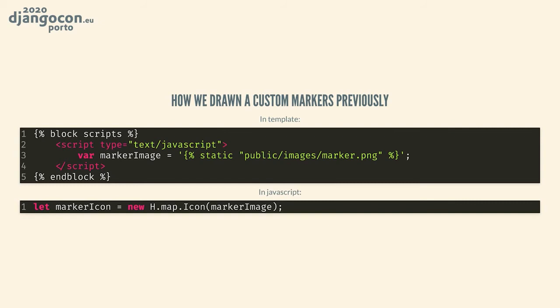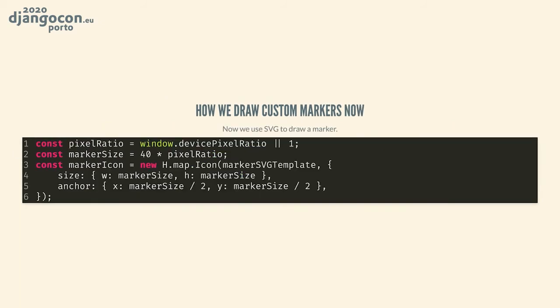At that time we decided to use SVG instead of PNG to improve the performance of marker rendering. And with these SVG icons for markers, we started to indicate the needed marker size and anchor point. Now the size of markers depends on the user's browser pixel ratio, and this is very useful to show markers in the correct size on high DPI and Retina displays.